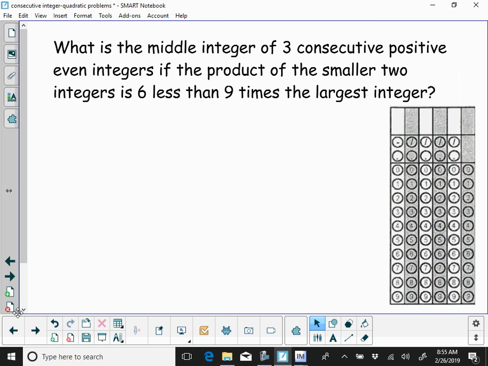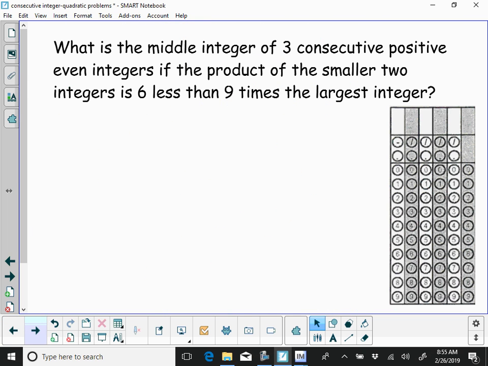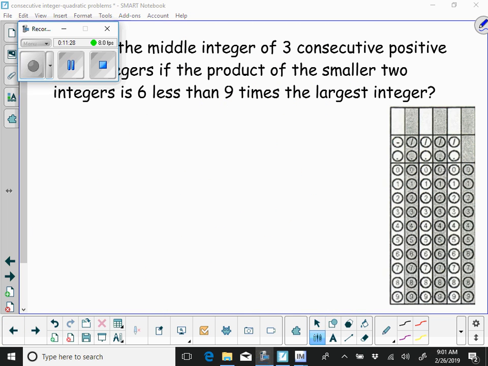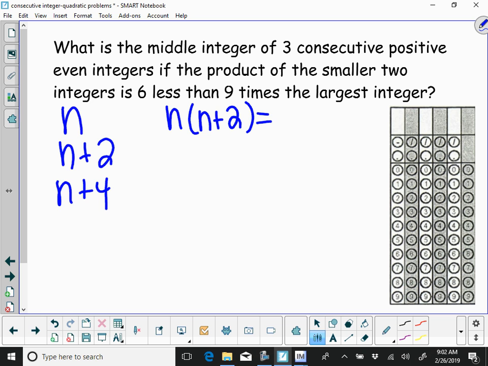All right, see if you can set this one up. See if you can set the next one up. All right. Okay, 3 consecutive positive even means n, n plus 2, and n plus 4. Okay, if the product of the smaller two, so n times n plus 2 is 6 less than 9 times n plus 4. Okay, so on the left side that gave us